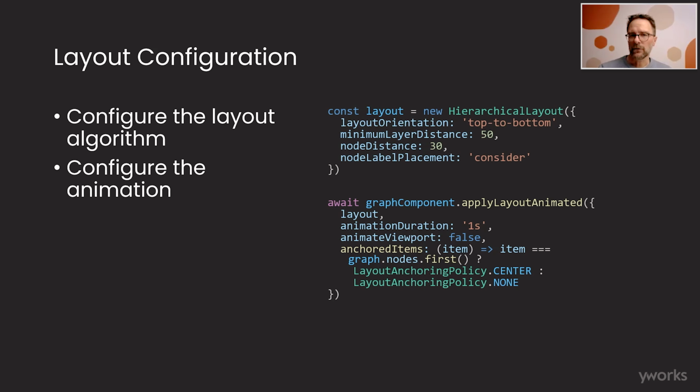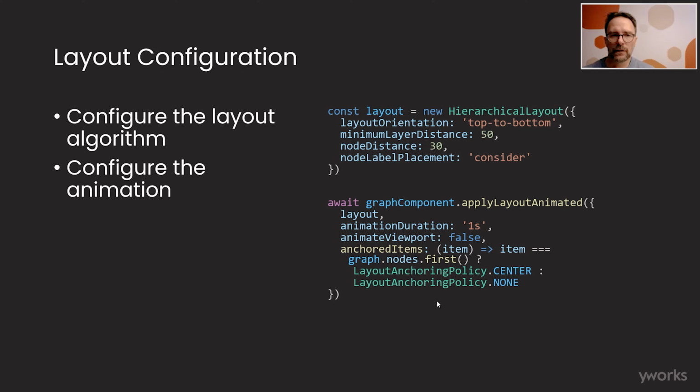For configuring the layout, it basically works the same as with all other objects in yFiles. You construct a new instance of the layout that you've chosen, and then specify the various properties and configure them to your liking. Here's just an example. For example, you can specify the orientation for the hierarchical layout, whether it's going left to right, top to bottom, and so on. So the first step is to configure the automatic layout, and then if you need to, you